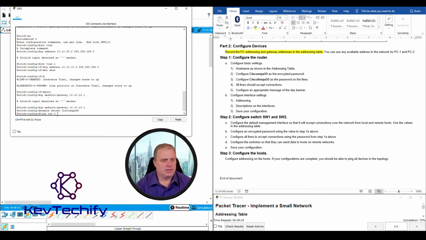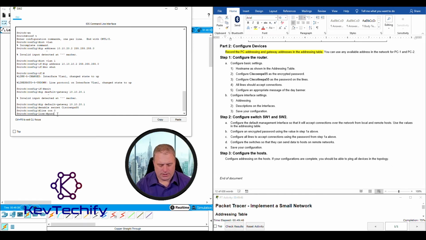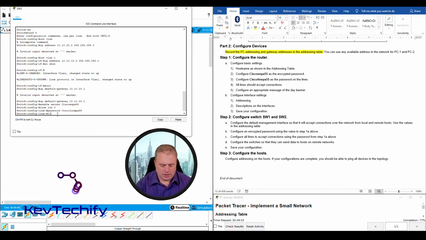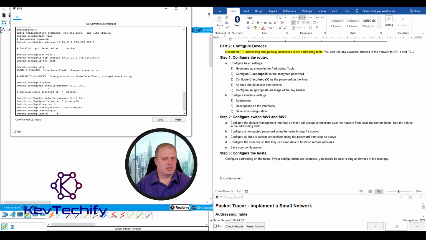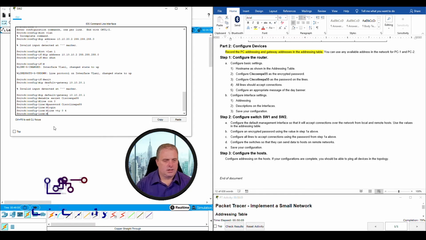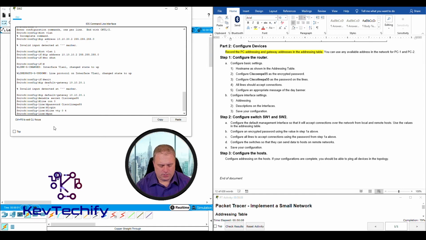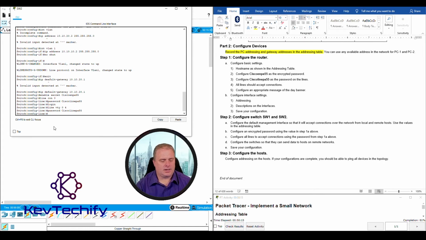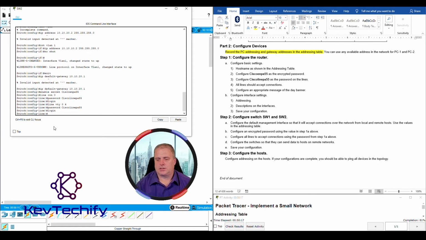Line con 0, password of capital CISCOLIN PA55. Apply to the login process, and then switch to our line vty 0 to 4. Once again, make sure you specify that range in there. Set our password to capital CISCOLIN PA55, and apply to the login process,